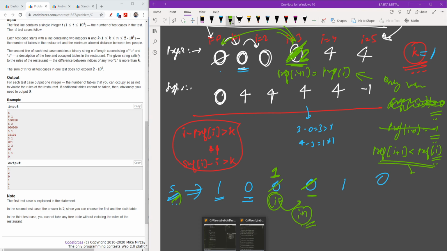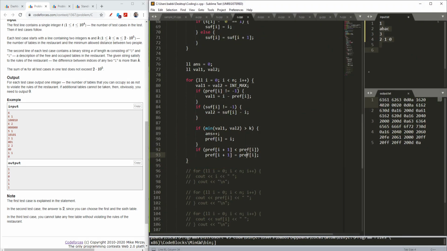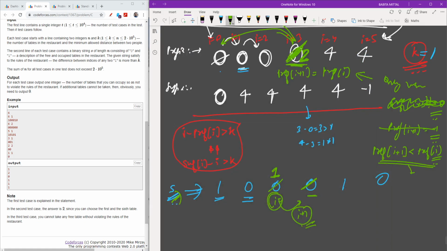Okay, you can see I updated my index as prefix of I. So actually I updated this as 2, so I also updated my next index as 2. Okay, fine. Then I will check, it will also not satisfy the condition, which means here I will do 3 minus 2 basically, and 4 minus 3, so it will not satisfy. And here it is 4, it will also not satisfy. So the answer would be 1, as I was only able to change one thing.